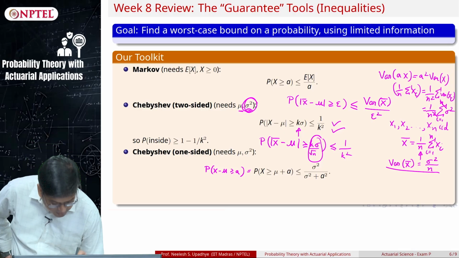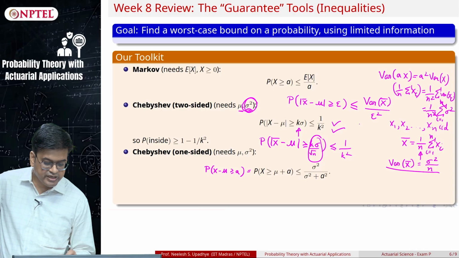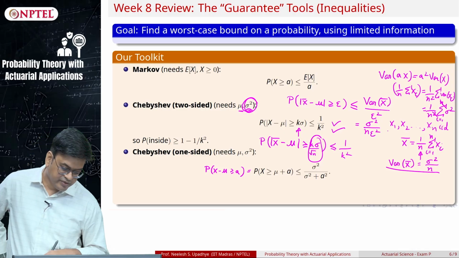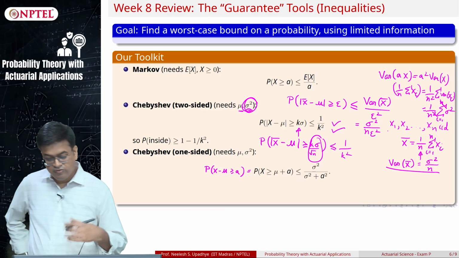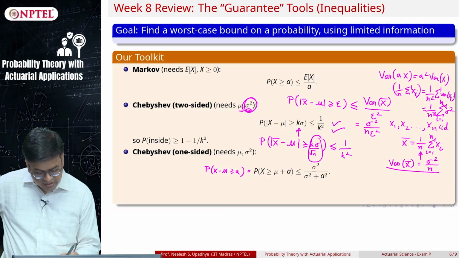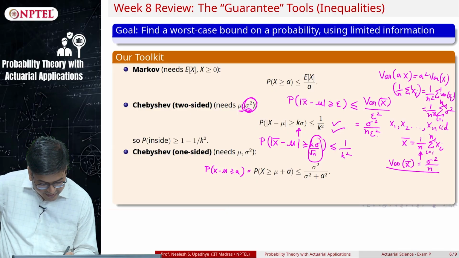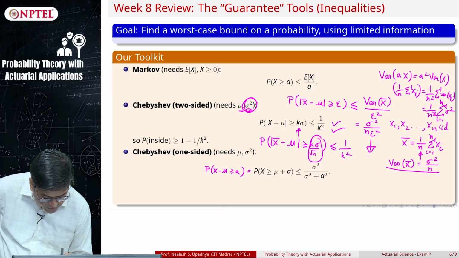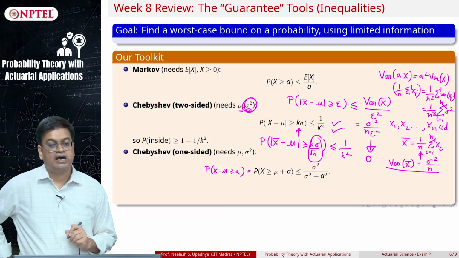So, no matter how small this epsilon is, what is variance of x bar? This is going to be sigma square by n epsilon square. So, what does this mean? For any epsilon that is greater than 0, I am getting this number which is shrinking to 0, and that